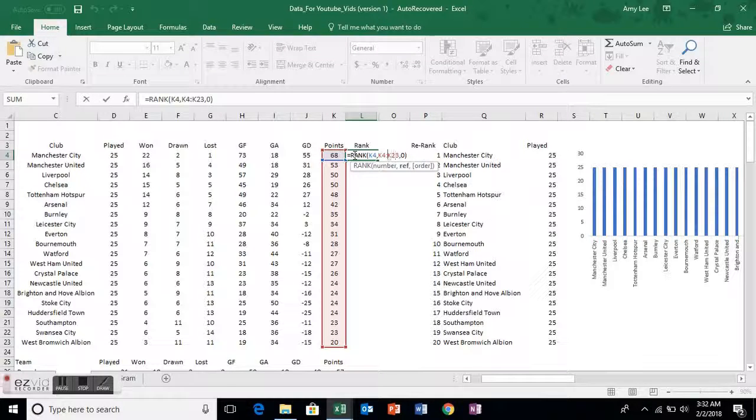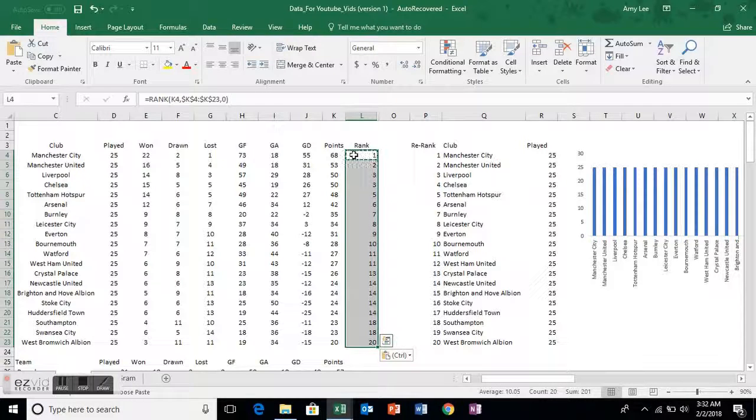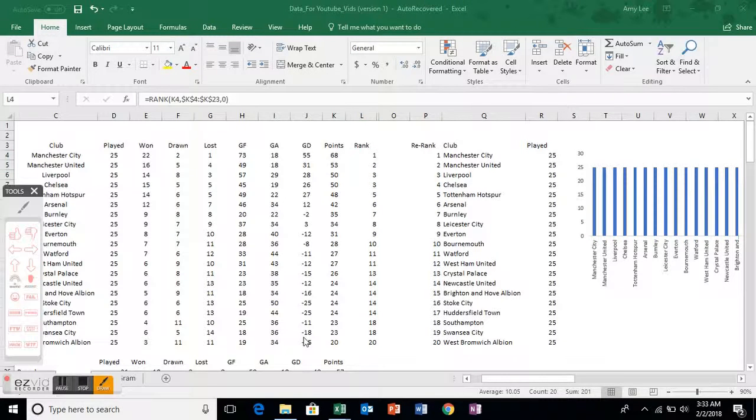So we go into the formula, and we want to anchor that. To do that, we hit F4 to add dollar signs in front of the K and the 4. We do that on both sides of the range. That's anchored the entire range, both on columns and on rows. So when we drag it down, it does not move. And as you see, when we do that, we have a proper ranking for all of the teams in the EPL based on points. But you will notice,